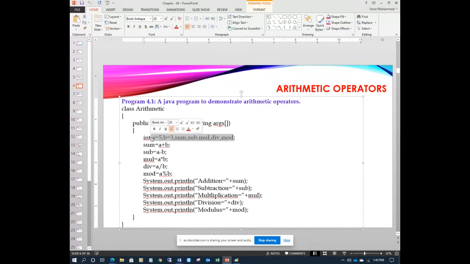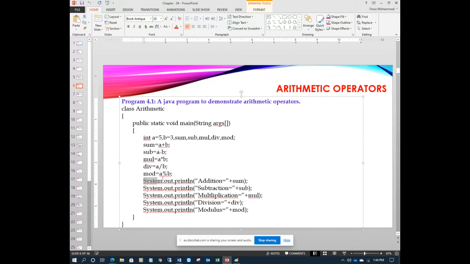These two are integers. See, I'm declaring integers, and we have sum, sub, multiplication, division, mod. I have 5 operators, so 5 results. So I'm writing here sum equal to a plus b, that's stored in sum, right? Again subtraction, sub equal to a minus b, that's the result of a minus b stored in sub. Again the result of a multiplied by b is stored in multiplication. I'm writing shortcuts, right? Division, div, and this is mod.